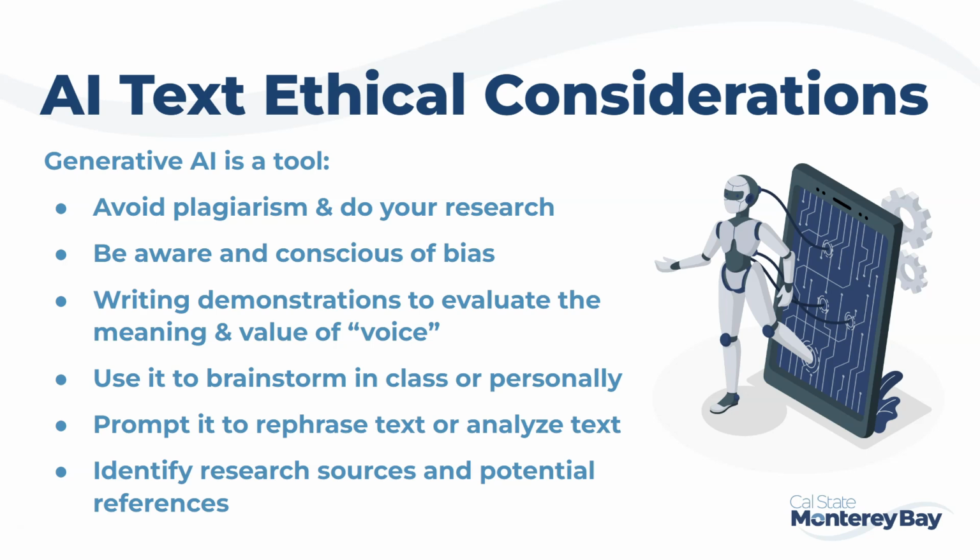Another ethical problem with AI text generators is the issue of bias. This can be demonstrated through racial bias, political bias, gender bias, and more. It's important to be aware and conscious of the probability of bias being present in the text that AI generates, because there's bias in the data that the AI was trained on, and the humans that supported the training process also brought their own biases into the process, no matter how unintentionally.